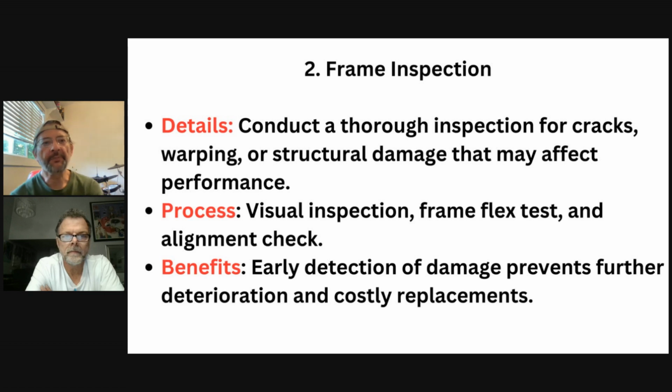All right, the next thing, frame inspection. I always like to do this before I let the customer go. So I'll sometimes be standing there talking to them and then I'll be inspecting it, because if there's a crack or a little fracture, or something you want to tell them about, like, oh, your grommets are cracked, or you've got a lot of wear in the head guard, or the frame is showing through the head guard. So if you can do all of that while they're there, then you can talk about, okay, we maybe want to think about getting a grommet replacement or a new head guard, or we might need to do